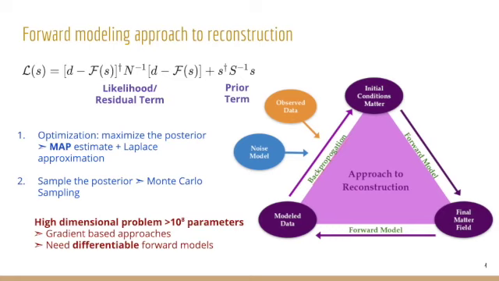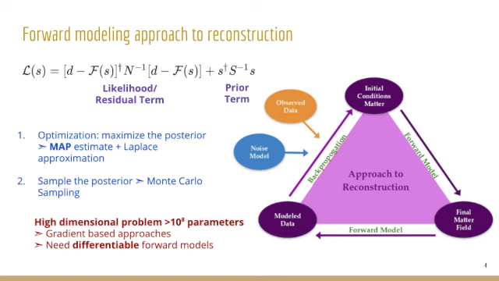The problem is that in either of these two cases, you're solving a very high dimensional problem because you're trying to either sample or reconstruct the entire initial field over the entire space. So for reasonable resolution, what you have is multi-million parameters, and the only hope you have of doing optimization or sampling is to use gradient-based approaches. For example, Hamiltonian Monte Carlo or L-BFGS or gradient descent. And to this end, what you need is essentially a differentiable forward model that you can take the derivatives of. So that's the entire motivation.